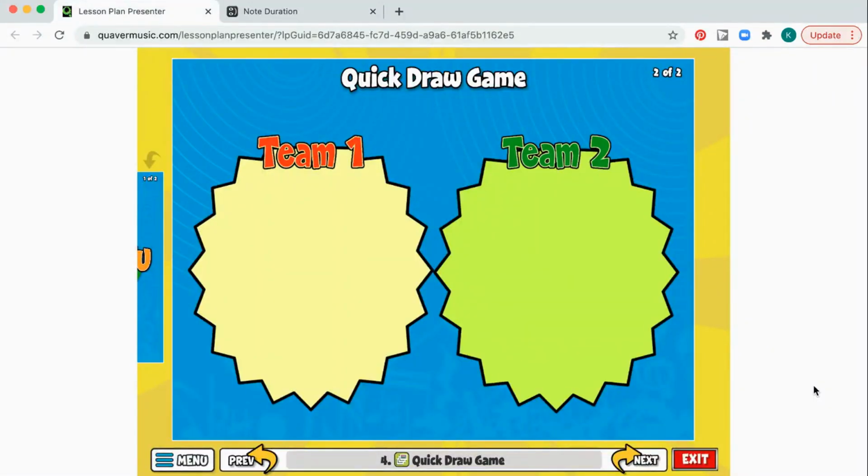Now it is time for us to play a game using all of the knowledge that we've just reviewed. Here we're going to have 2 teams, and each person will get a chance to play this game. One person per team will come up and use the annotation tool that we have via Zoom to draw a note that I call out. So for example,